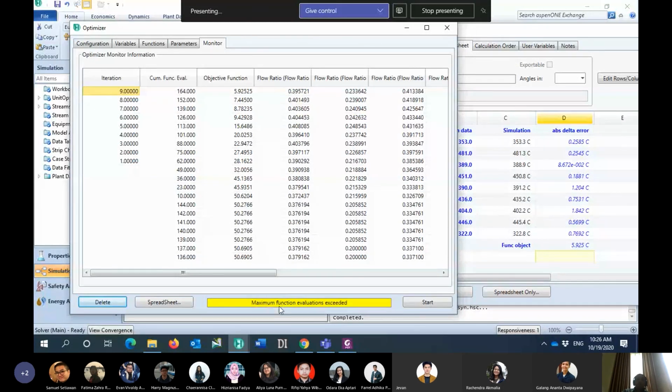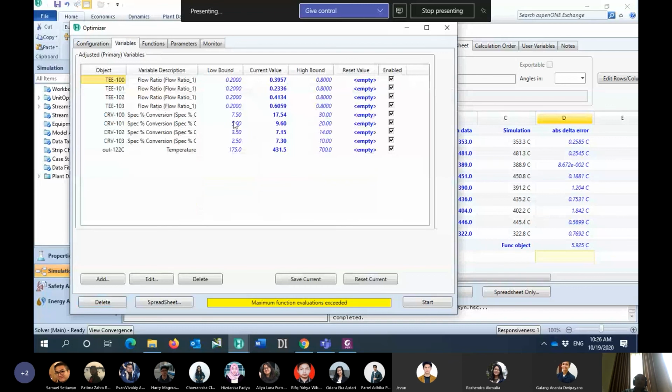Maximum function evaluation exceeded. In case you have a problem with this, please check again back in the variable, and probably some of your simulation hit the low bound or high bound. For example, this one. In this case, the optimization analysis is close to my low bound.